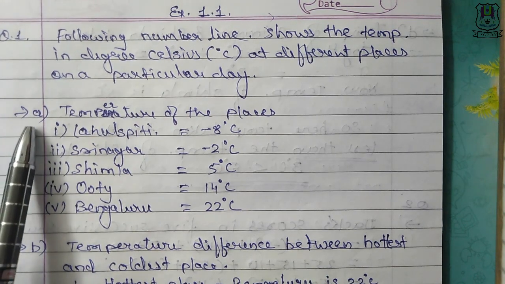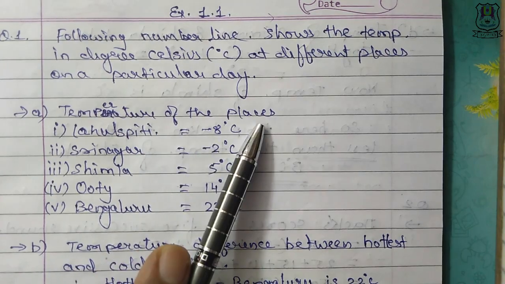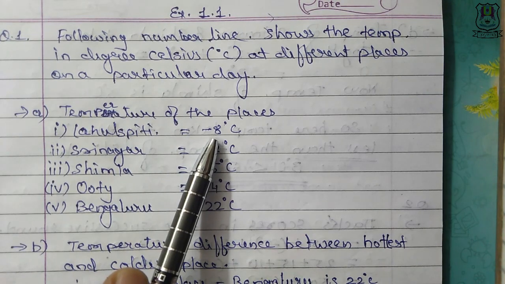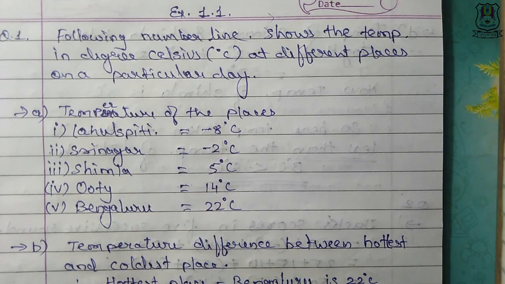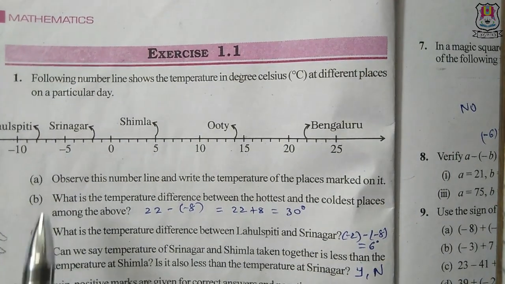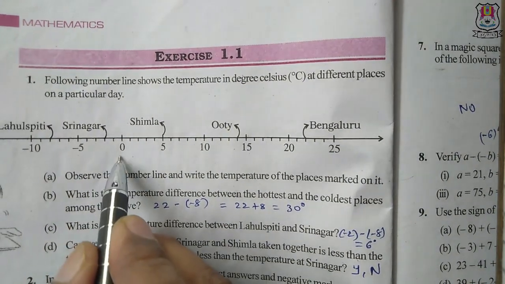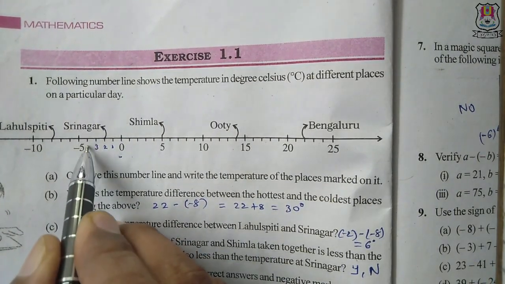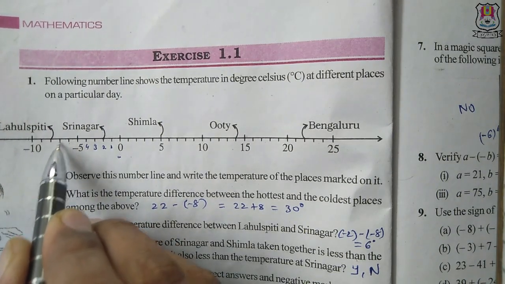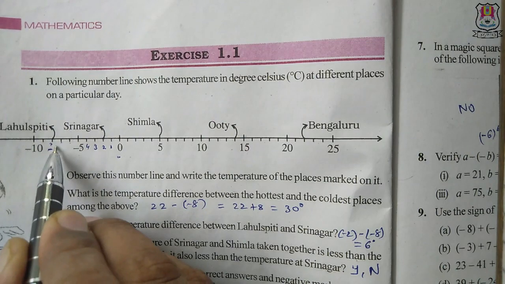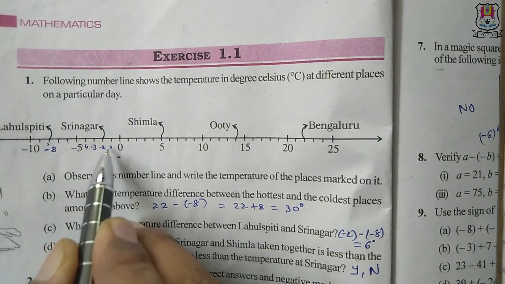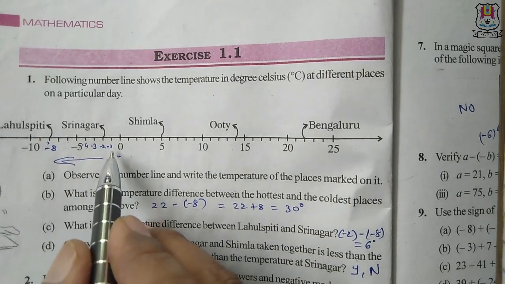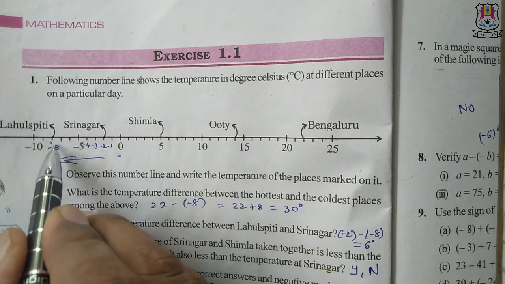So first solution, temperature of the places given as per the number line. Lahul Spiti, it's -8 degrees Celsius. Let us understand by marking it over here. This is 0, then this is 1, 2, 3, 4, 5, 6, 7 and 8. So Lahul Spiti is -8, this is -4, -3, -2, -1. So on the left side, these are negative numbers. So Lahul Spiti first is -8,